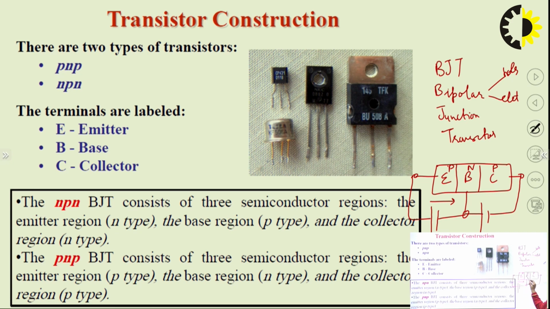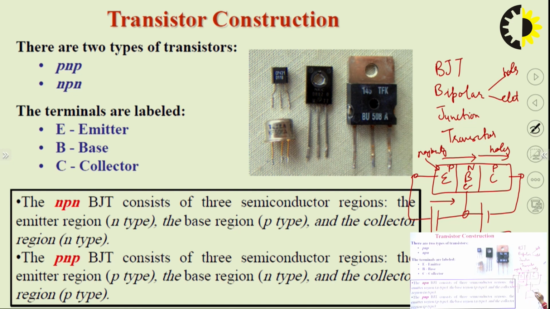So, why are we connecting in this way? Because if we connect the emitter and base forward bias, emitter is P type, so it will have a majority of holes. Majority charge carriers are holes here, and the base is N type, and here the majority charge carriers are electrons. So, holes will move from here to here. Majority charge carriers are flowing from P side to N side, from emitter to base, and base has the electrons. So, some of the holes will recombine with the electrons present in the base, and the rest of the holes will move towards the collector, and this collector and base region is reverse bias.